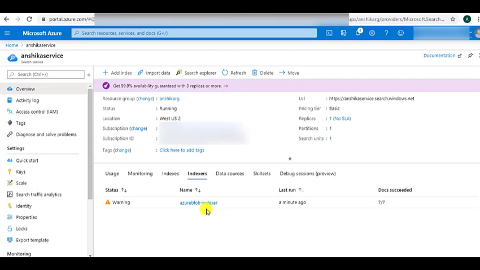Now that we have a search service created and the blob service has been used to populate the data in the search index, let's look at how we can do some test queries. The Azure Search Service has a built-in Search Explorer that is used for testing and development purposes. You can see it at the top of the overview blade. Now let's click on it.